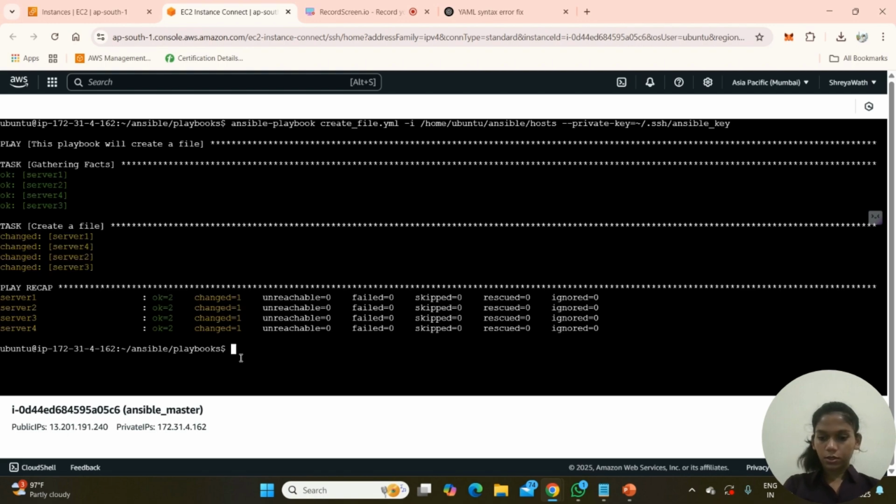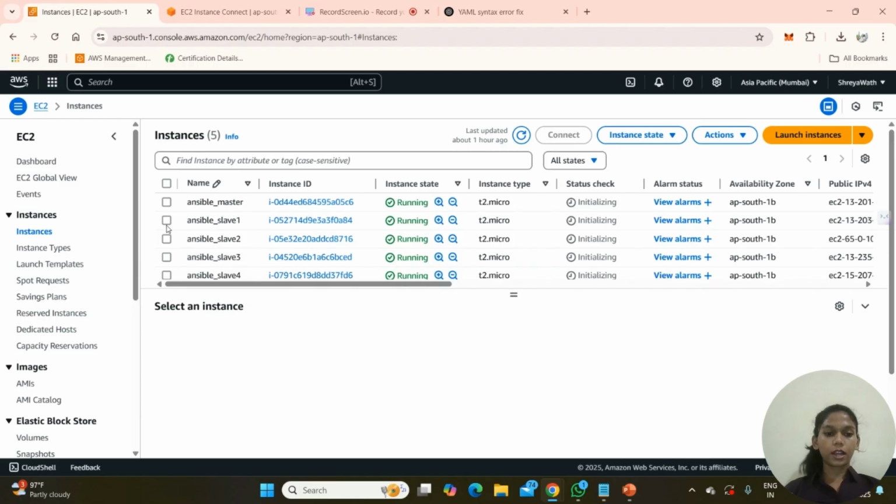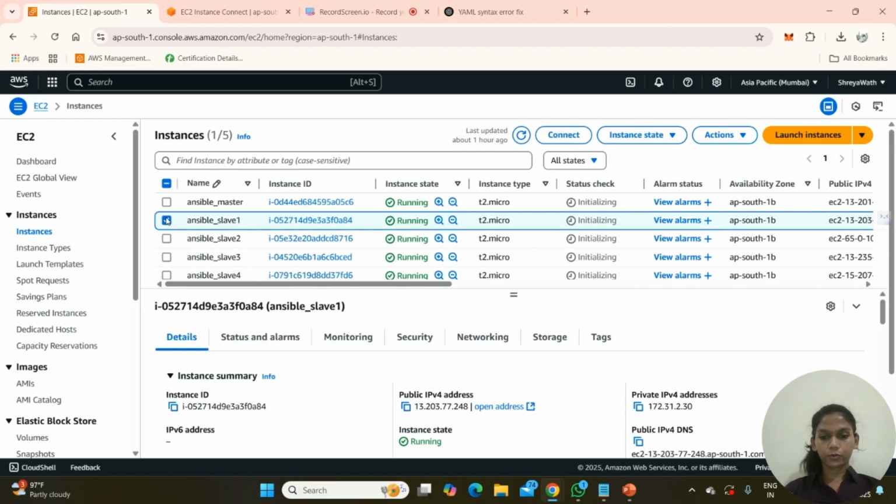Okay. As our playbook executed successfully, let's check whether our devops.txt file has been created on all our servers. You can see here changed equals 1, changed equals 1. The file has been created on all our servers. For checking, we'll connect to each of our servers.